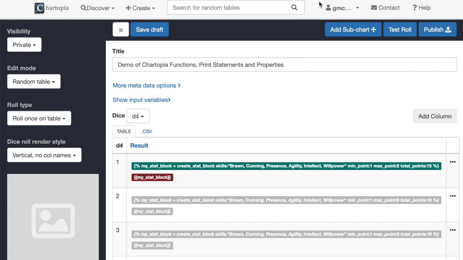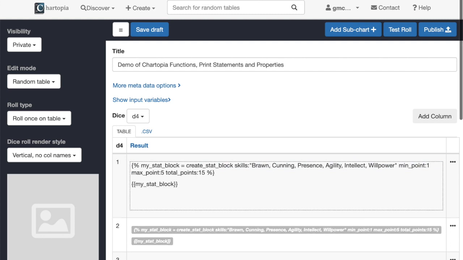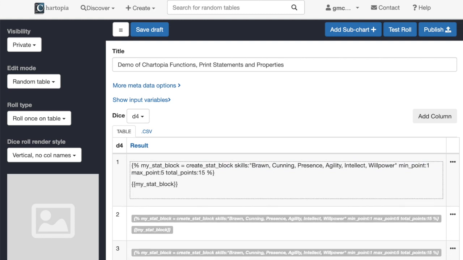Now that's pretty good by itself, but sometimes you want to have more control over the rendering. So sometimes it's more appropriate to have a bullet point list. So for example, we can use some Markdown's bullet point notation to do lists, and we can do some custom rendering like so. So perhaps we want Brawn to be capital letters with a colon, but now what we can do is use properties. So the stat block has the ability to pull out the individual skill rating for a particular skill. So we can say my stat block